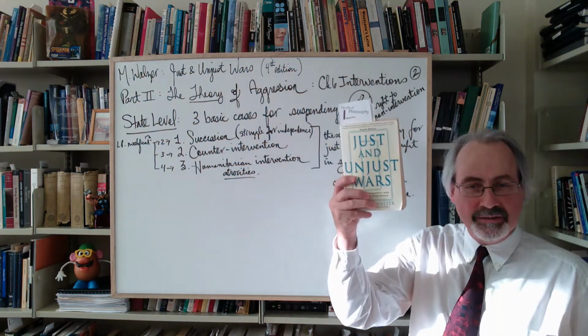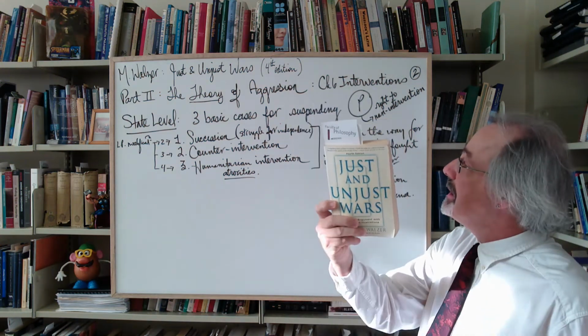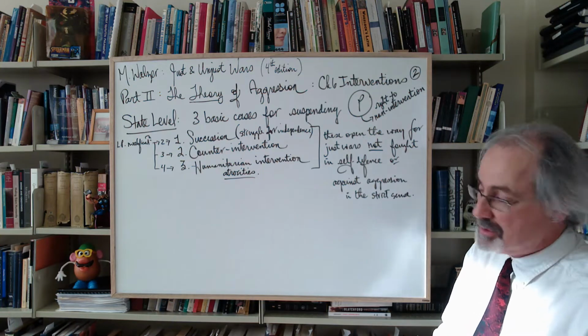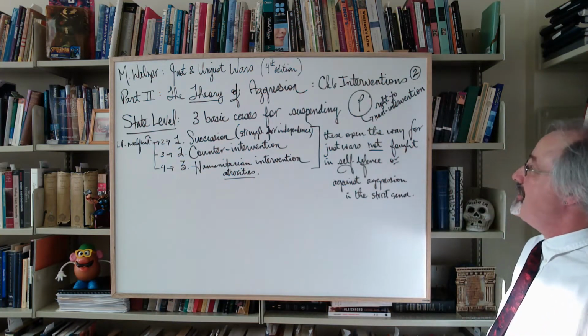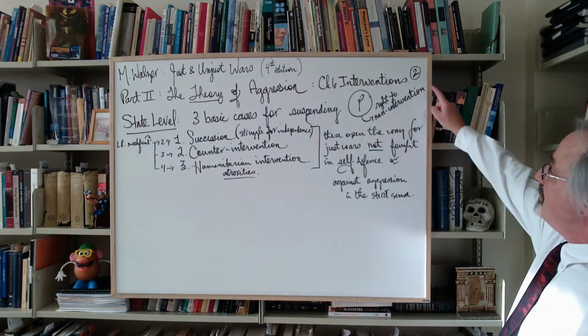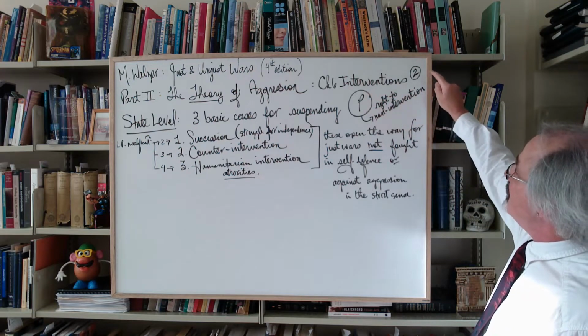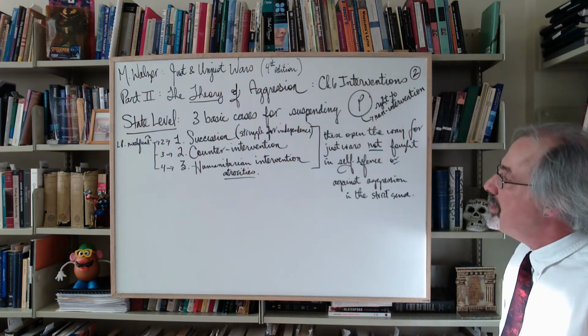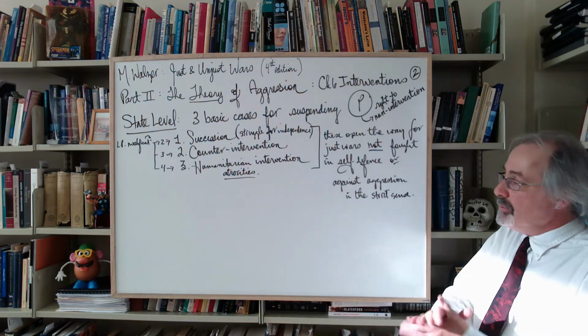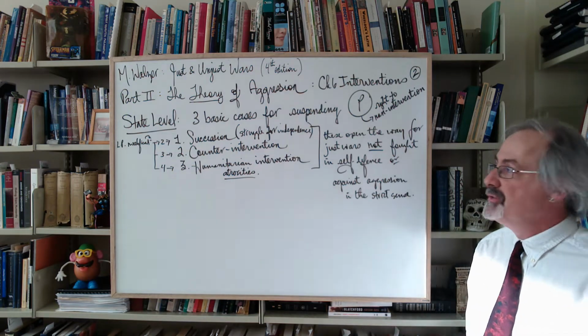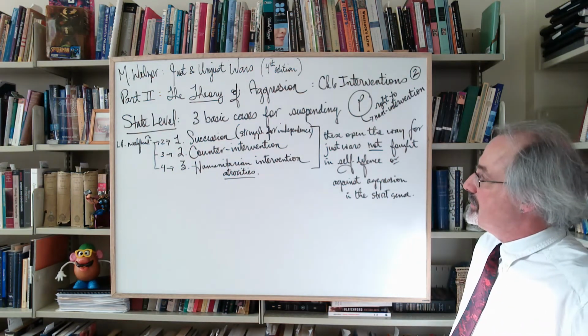All right, so we're still in this book, and we're still in part two, the theory of aggression, wrapping things up, getting there at least. Still in chapter 6, interventions, the second video. Here I just want to make a couple comments, just a quick little overview